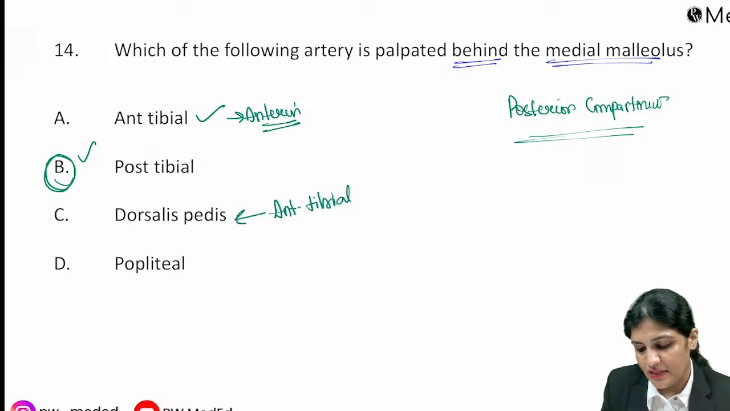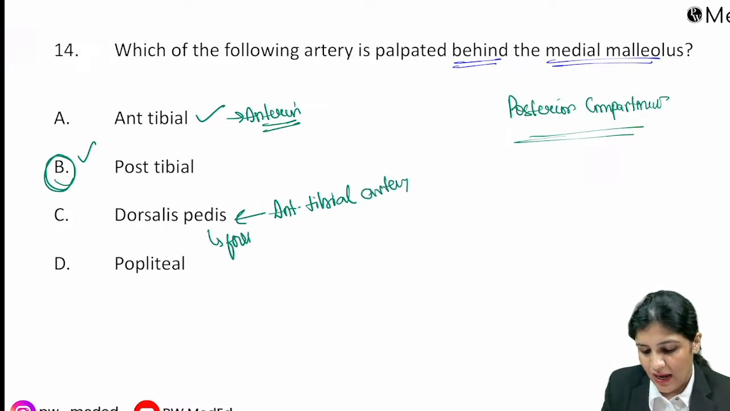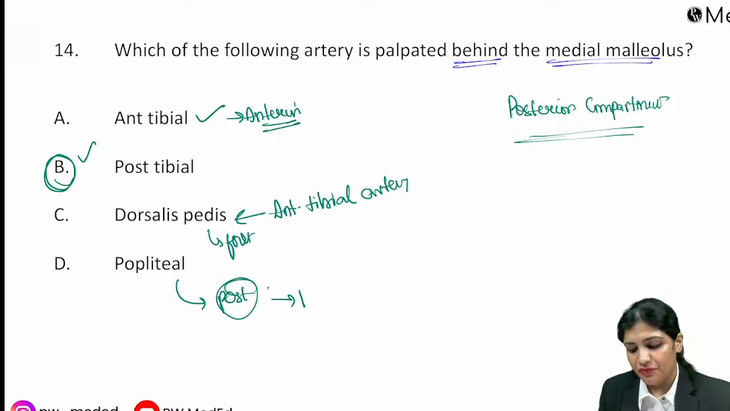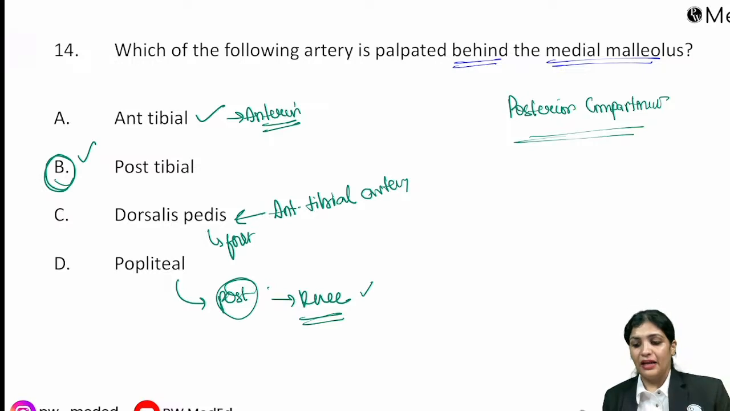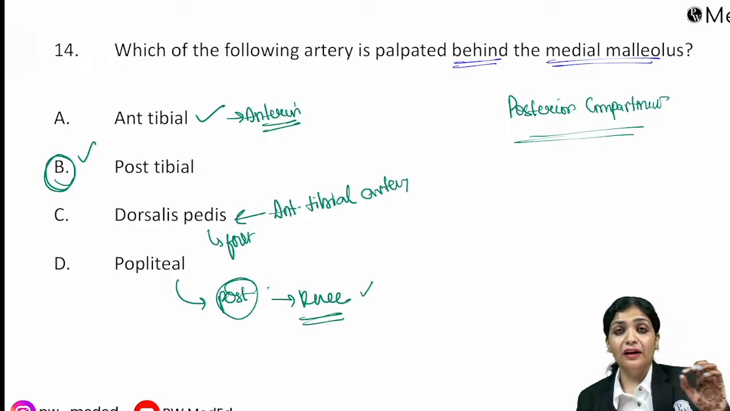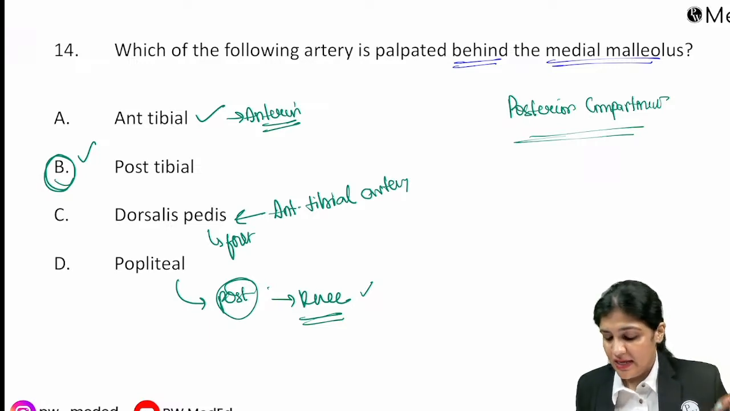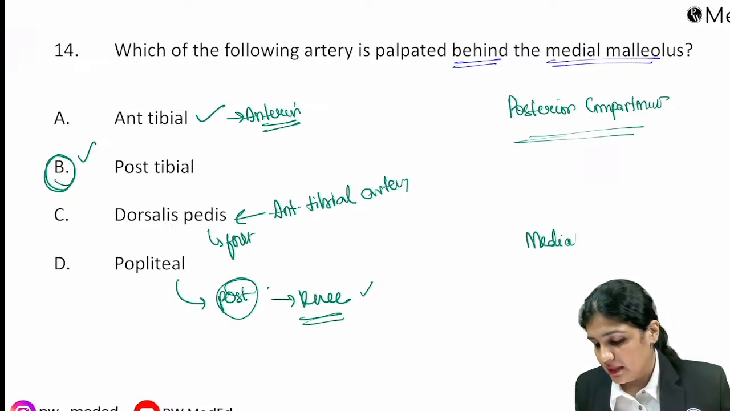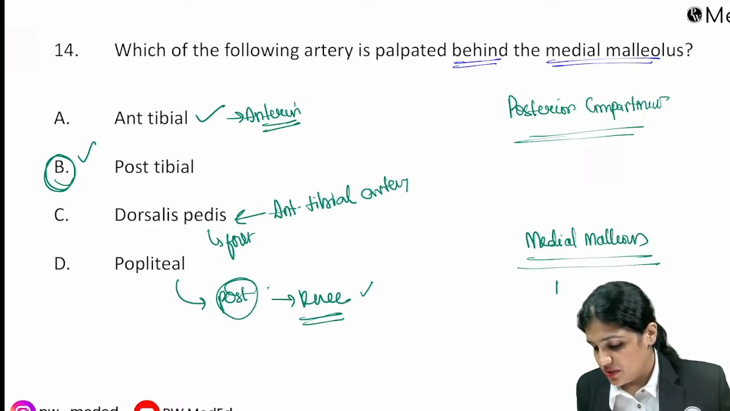So your anterior tibial artery will continue as a dorsalis pedis in case of foot, and on the posterior aspect you will have your popliteal in case of knee joint. So this popliteal artery is present in the knee joint, which divides into tibial arteries. So here in case of your medial malleolus, so behind this medial malleolus on the medial aspect, you see there is the posterior tibial artery,